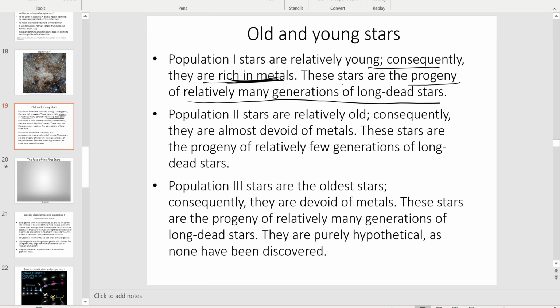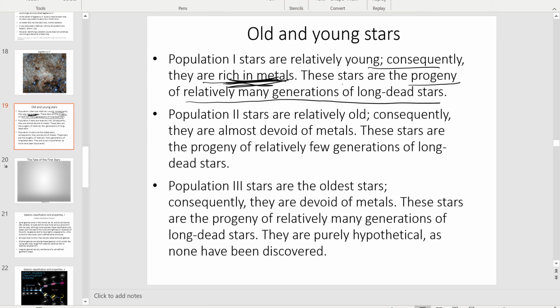By rich in metal, I mean relative to other stars. It doesn't mean that most of the material in the sun is metal. Metals constitute a really tiny proportion. But relative to other stars, the sun is rich in metals. These metals, such as iron, or other metals, come from, as I have said several times here, sorry to repeat myself, previous generations of long dead stars.